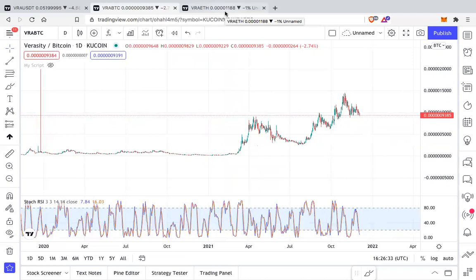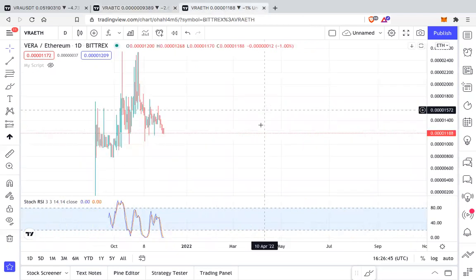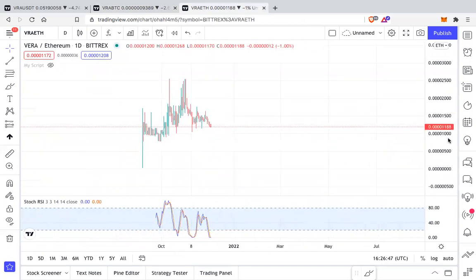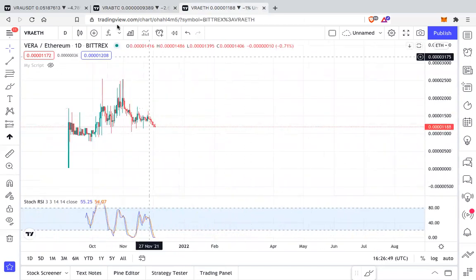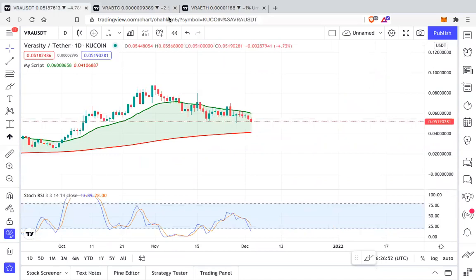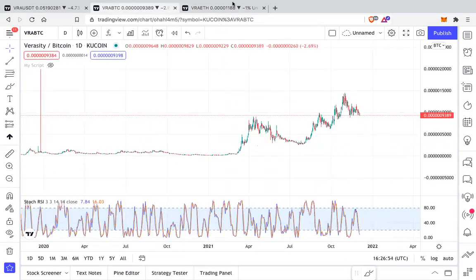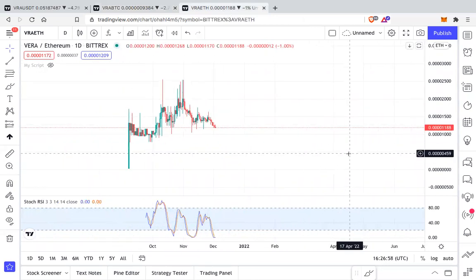You can see markets are shaky, even Bitcoin is taking a hit because of the virus threat, and there is a threat overall in the markets the world over, and we can see that panic in the price action. But it has not broken any important support, whether it is in the Bitcoin pair or in the USDT pair. Let us go and see the Ethereum pair.